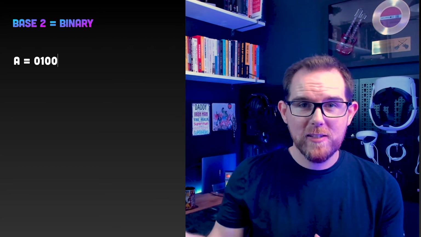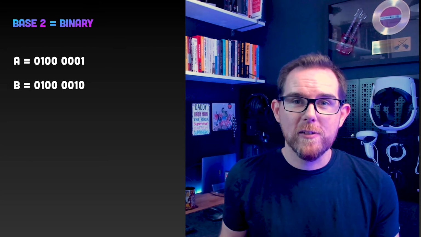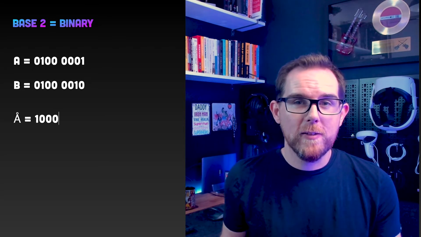Binary numbers can also be used to represent characters. In the basic ASCII character set, the first 7 digits of the binary number are used to represent 128 different characters. A, for example, is this, and B is this. The 8th digit is then added to allow for special characters, giving us a total of 256 different characters.